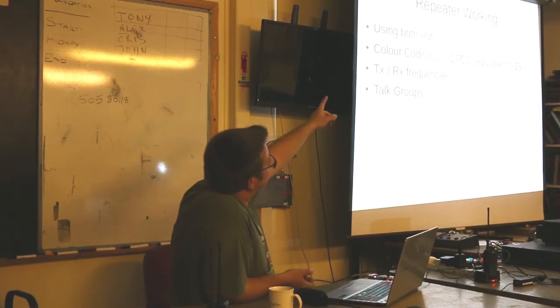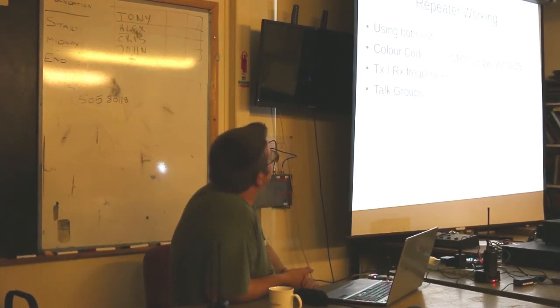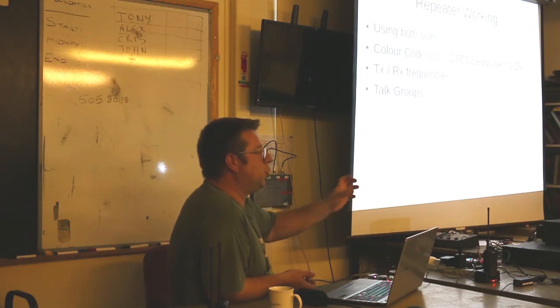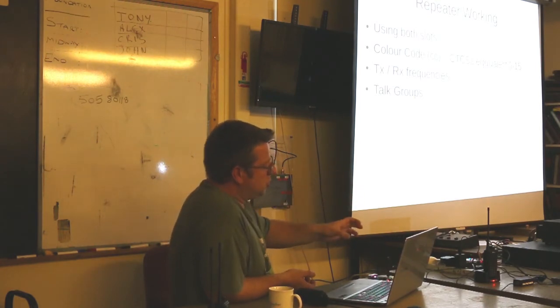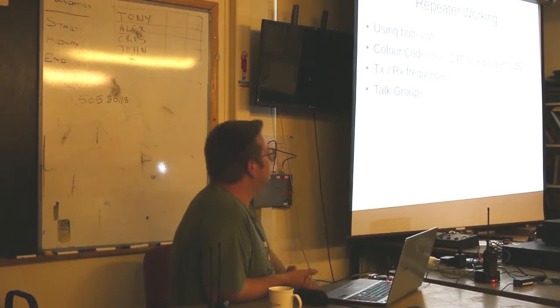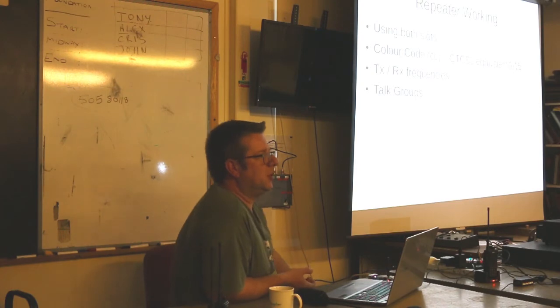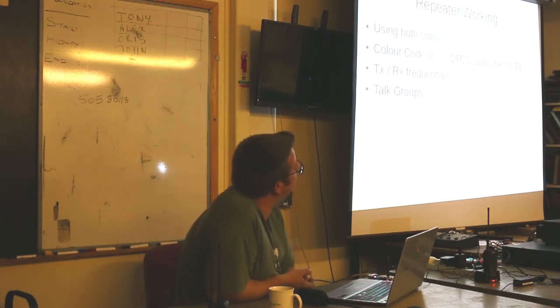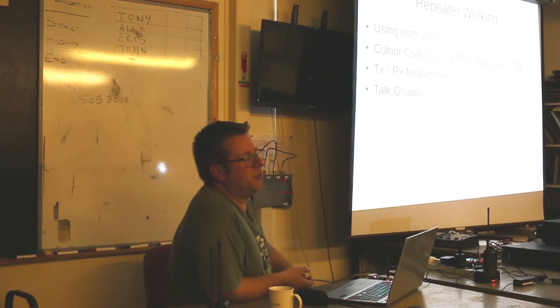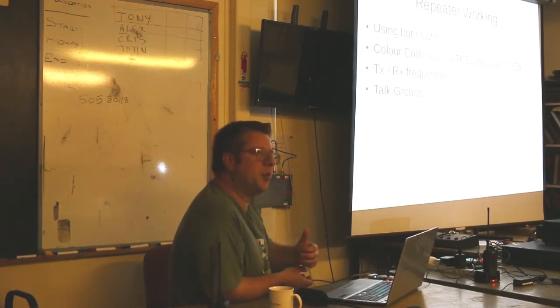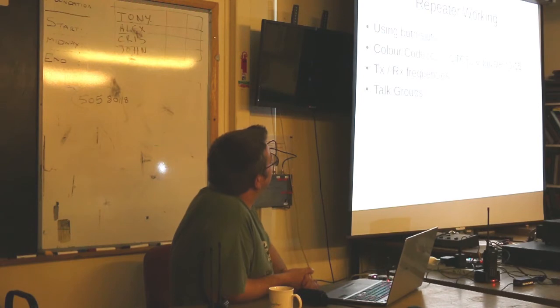You've also got to consider programming up both time slots if you're going to use both. A lot of hotspots just give you time slot 1 or time slot 2. On time slot 1 you're accessing a talk group. On time slot 2 you've got a reflector and you can change your reflector. You've also got a thing called colour code, which to be fair is just CTCSS, which we all should know, dressed up as something else. So it's not that straightforward, but it pretty much is. For understanding it and getting on air and programming your radio, that's all you need to know.